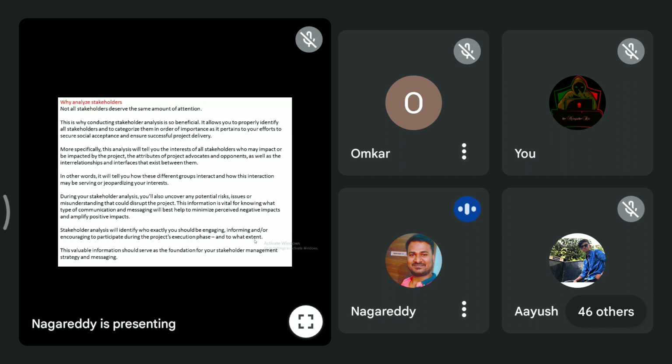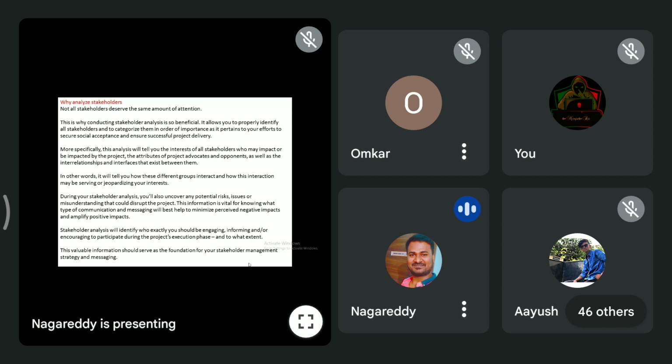Okay, in another one, it tells you how these different group interactions may be serving your interest, to be defined. During your stakeholder analysis, you will also uncover any potential risk, issue, or misunderstanding that could interrupt the project. If the stakeholder